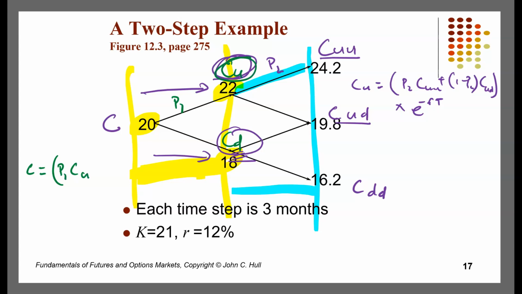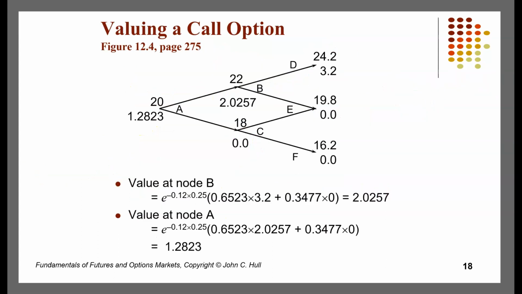So this is going to be call up plus 1 minus P1 call down, and then we do present value of that. That gives us a call option price. Now, the more we do that, remember we have to work at every node, so we need to find call up and we need to find call down, and then we need to find call. And that's essentially what we have here. When we do that, we can find call up, we can find call down, and when we apply the valuation again, we get a call option price at around